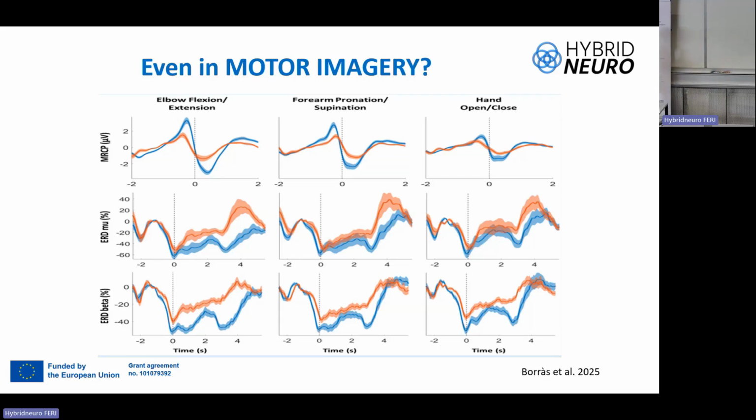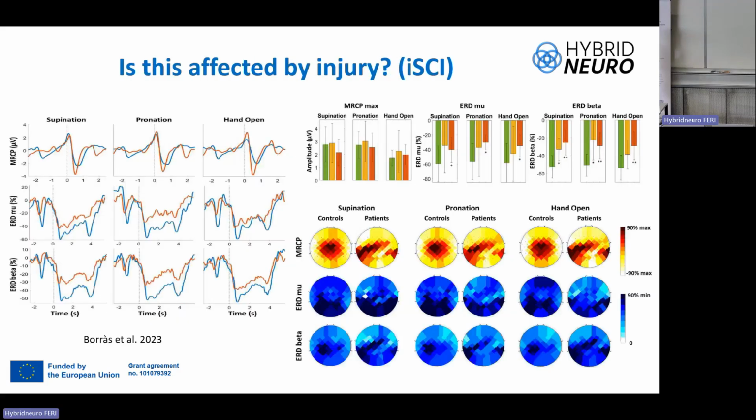Even desynchronization and synchronization, when the movement appears and disappears, well, it exists, especially in mu bands, the same desynchronization. Probably it is not so consistent during imagining the movement as when executing the movement, but more or less it exists. It's not so strong in beta band, okay? And also,